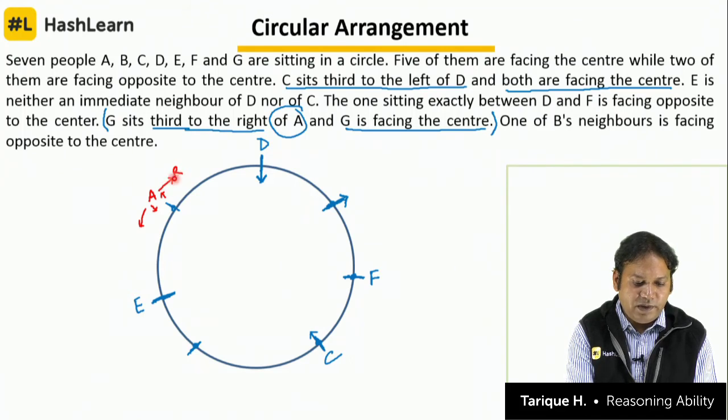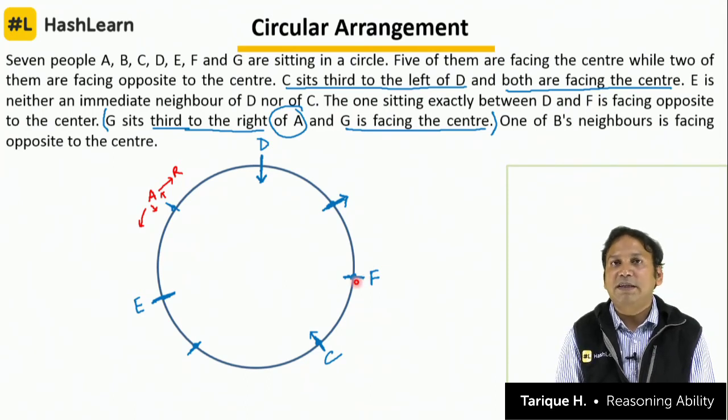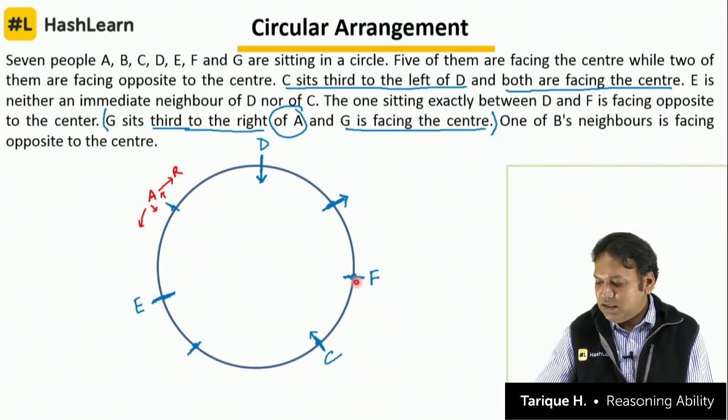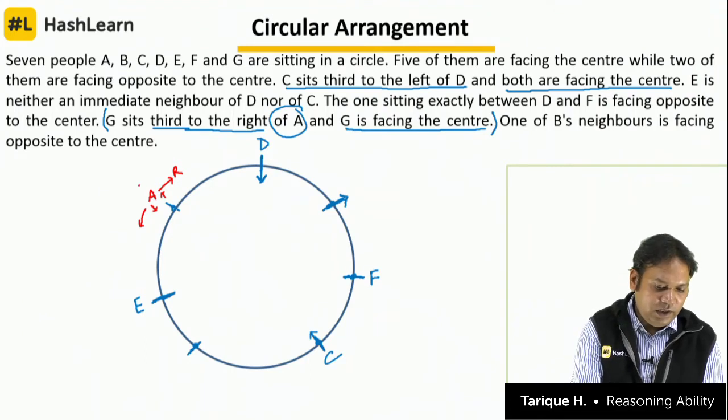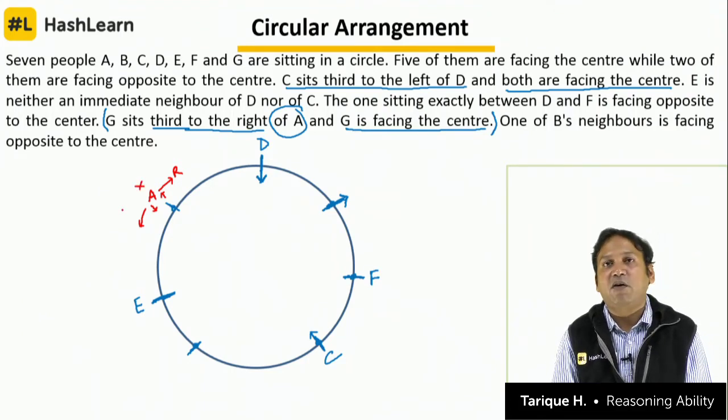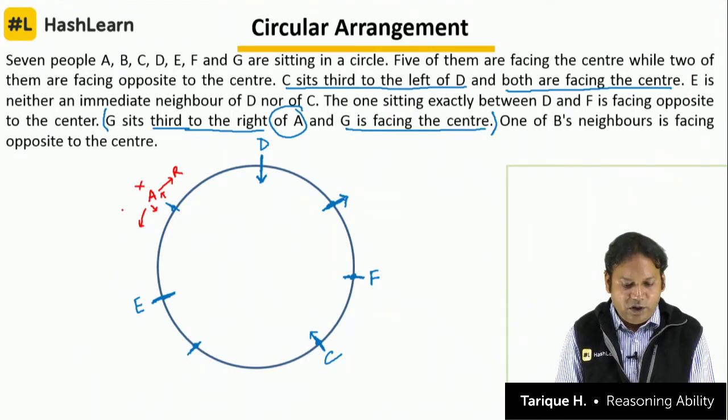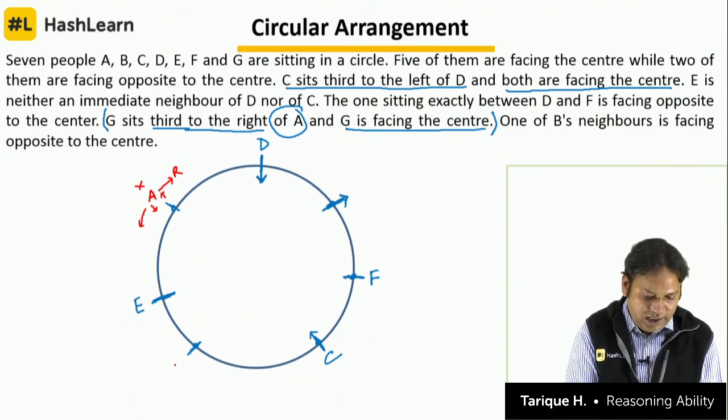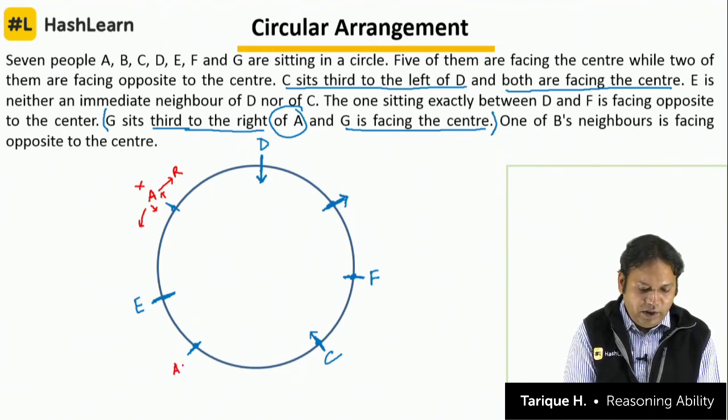Okay, if A is facing opposite to the center, if this is right, first to the right, second to the right, third to the right, this place is also occupied, both places are occupied. What does it mean? It means that A cannot be here, this place cannot be for A. What is the second option? The second option is, let's try A here. Again based on whether A is facing towards the center or A is facing away from the center,